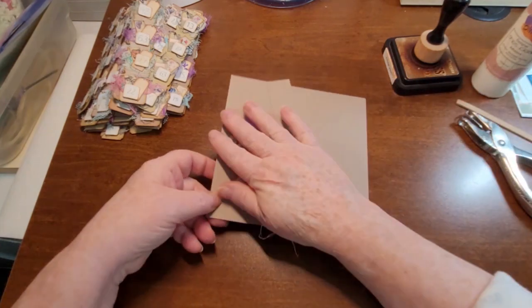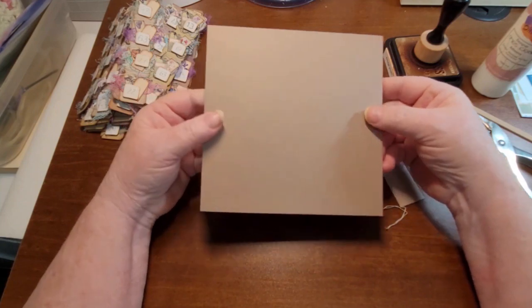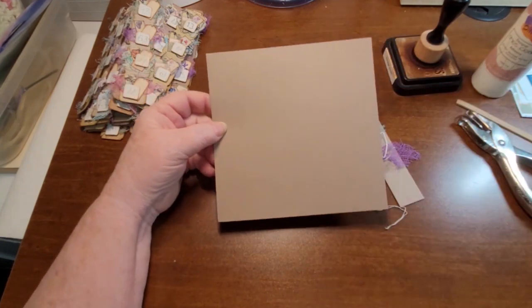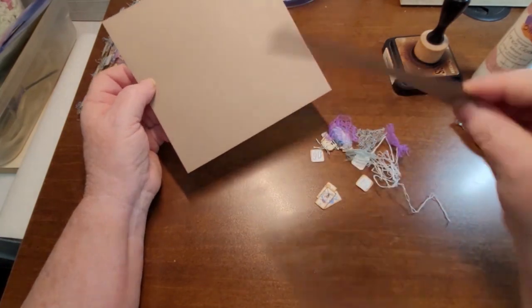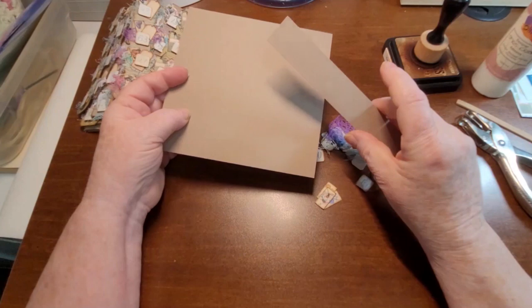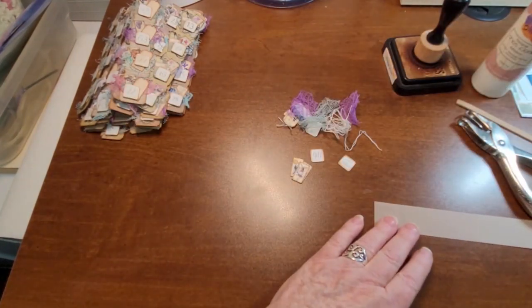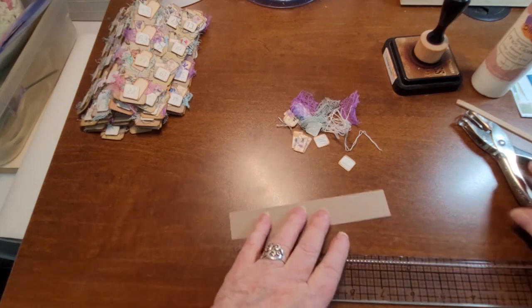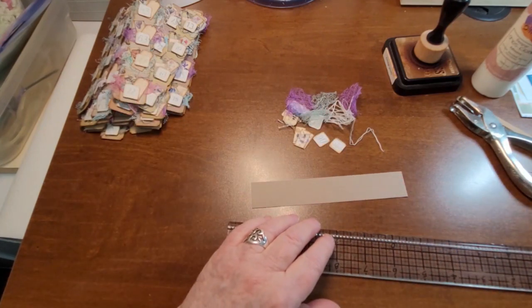Now here's some goodies that I'm using. I use just cardstock. I used a variety of different colors, and it's 6 inches wide, and I cut my strip right here, and it's 1 inch wide, just so you know. Now I will need my ruler for this. Now what I did to get the perforations in there,